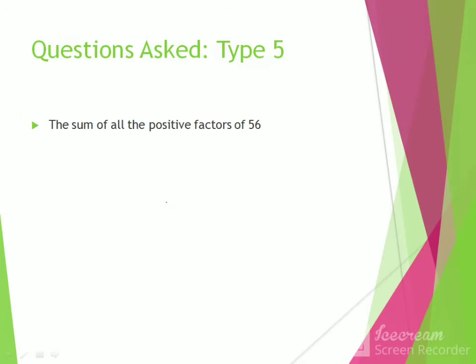The next question is the sum of all the positive factors of 56. So if you write this 56, I can write this as 1 into 56. Similarly, we can also write 2 into 28. If you divide 56 by 3, it is not exactly divisible, as 6 plus 5 is 11 and this 11 is not divisible by 3. For this you need to learn the divisibility rules. If you check with 4, we can write this as 4 fourteens. If you check with 5, it's not going.